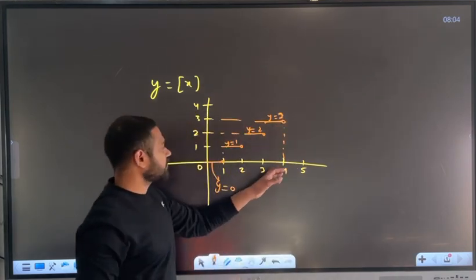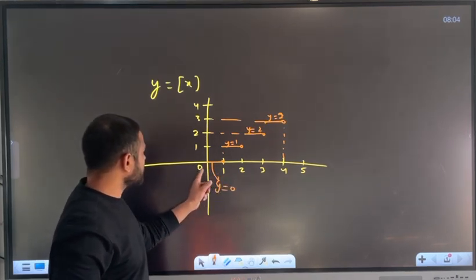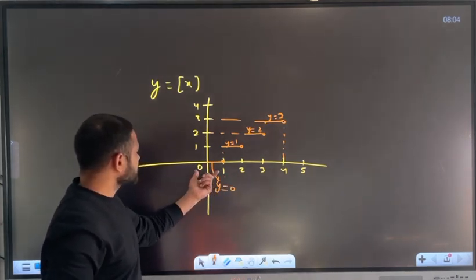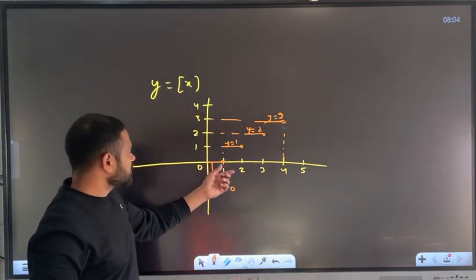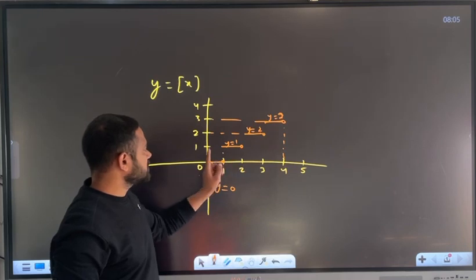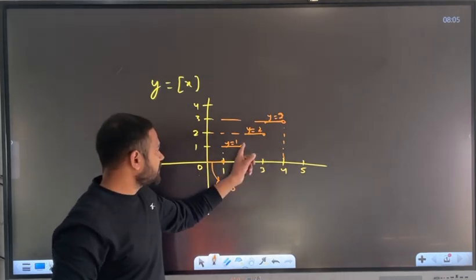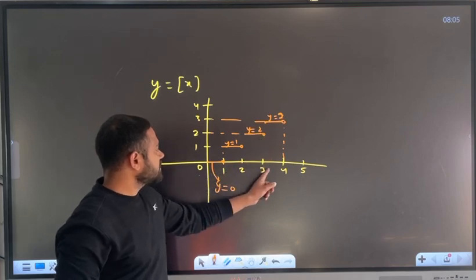So if you are taking x between 0 to 1, the value of the function is 0. If you are taking x between 1 to 2, the value of the function is 1. If you are taking the value from 2 to 3, then the value of the function is 2, and between 3 to 4